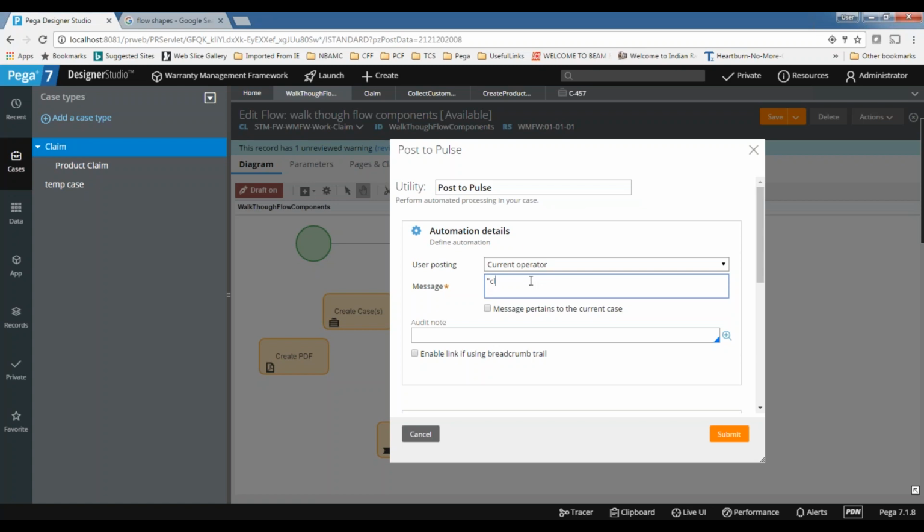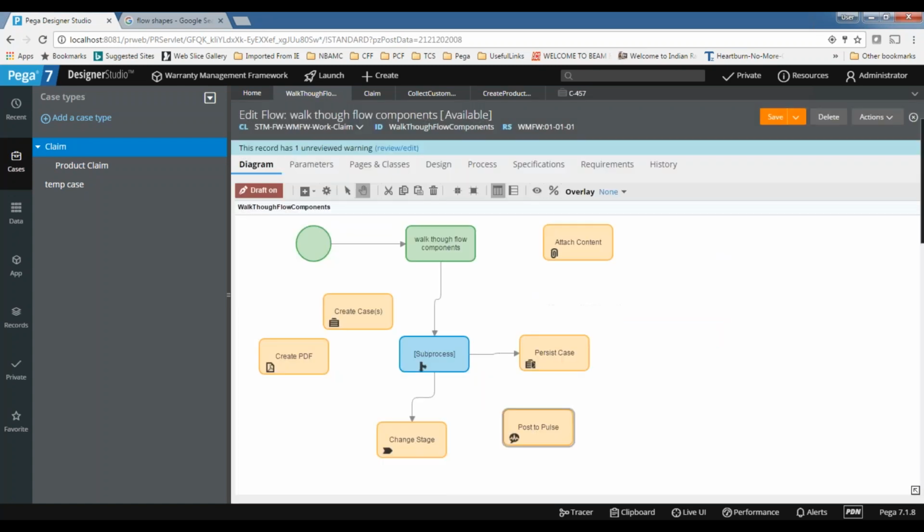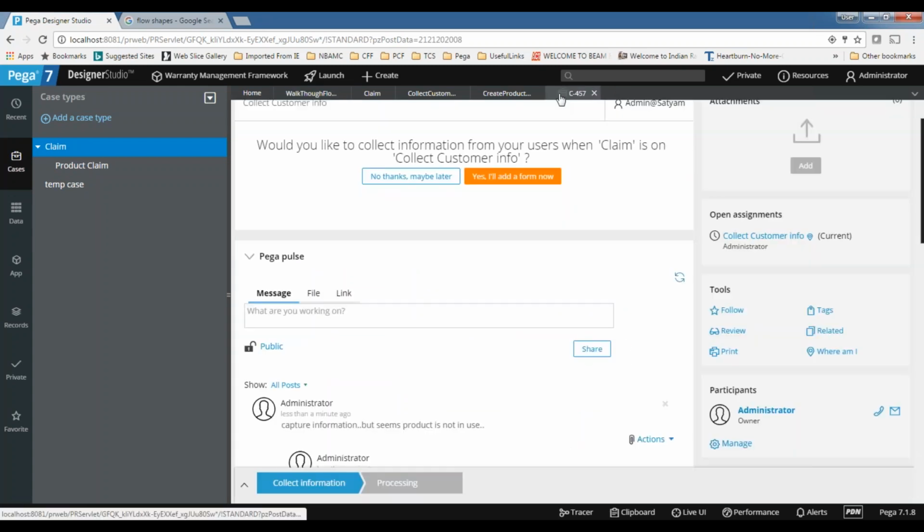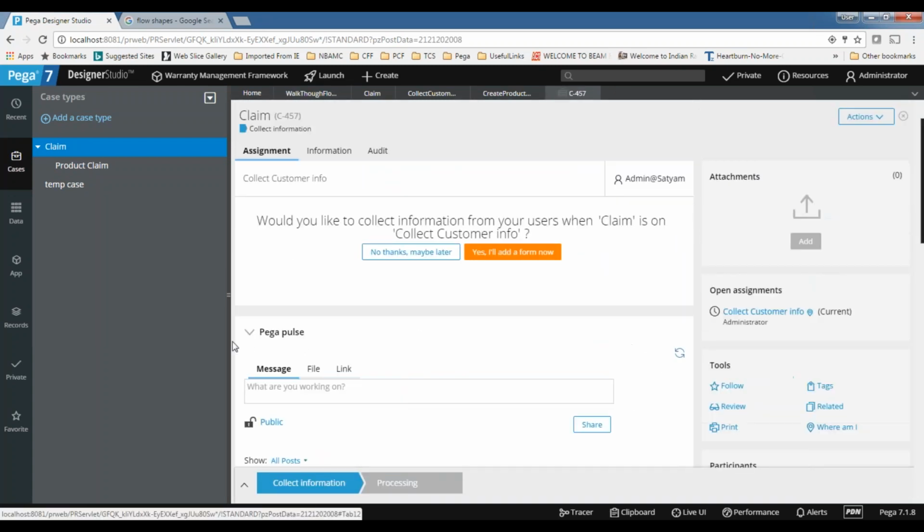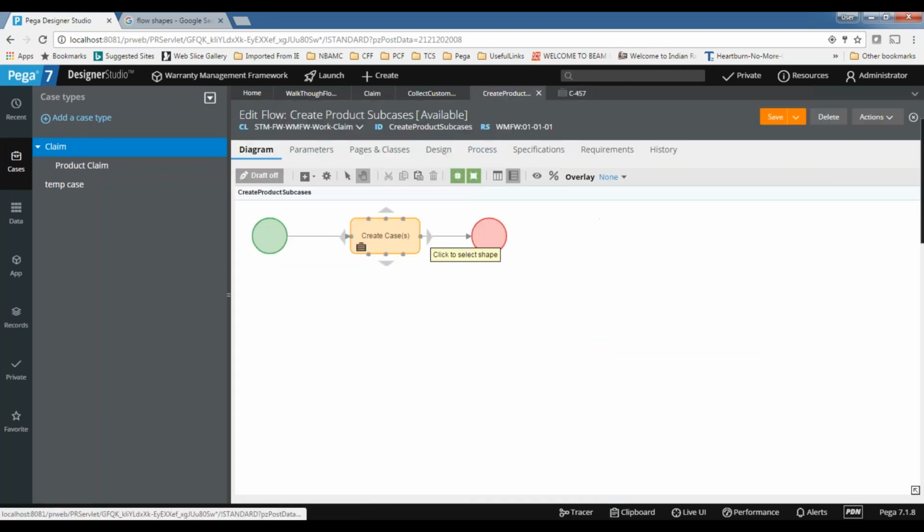So, claim is created, something like this. This means that whenever the claim is created, the same message will be posted. If your requirement says you need to post some common message when something happens, you can use the post to pulse shape. Otherwise, at runtime, anyway, they can use the pulse capabilities.